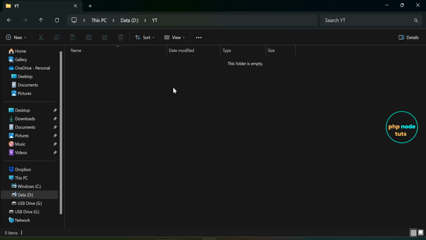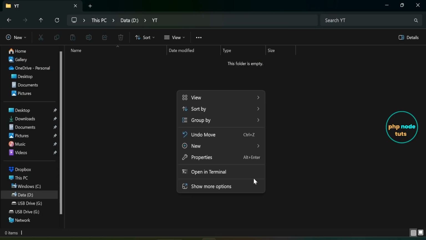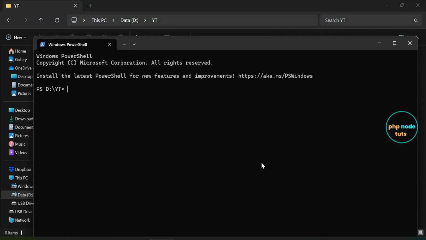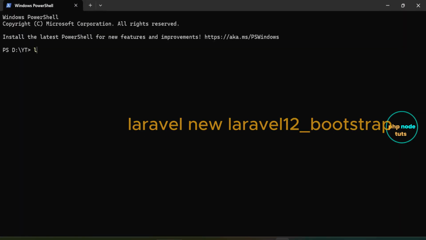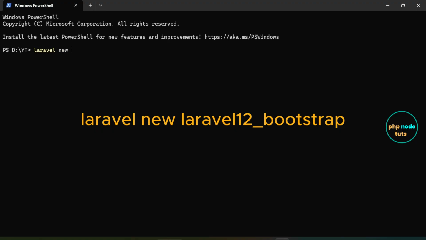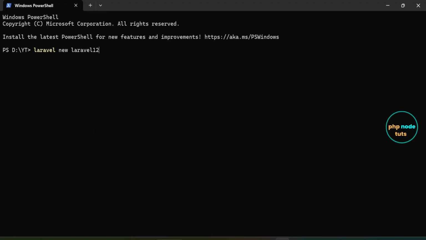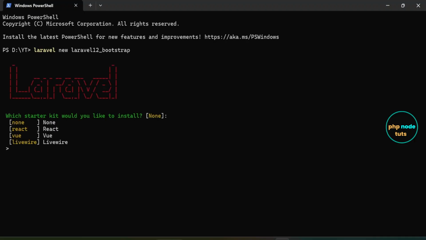Go to the directory where you want to install Laravel 12 app. Right-click and select Open in Terminal. Type the command laravel new your project name and press Enter. You will see a prompt asking which starter kit you would like to install. Since we won't be using any of these starter kits, type None and press Enter to proceed with the installation